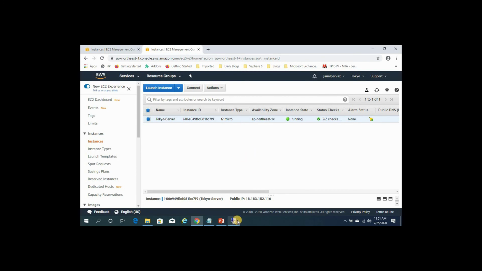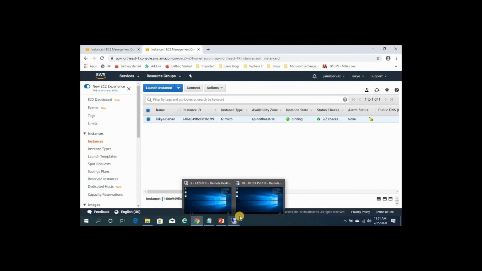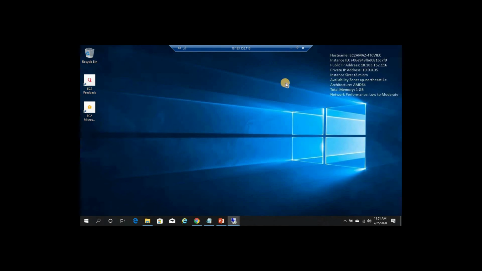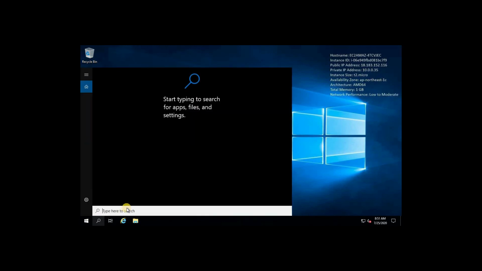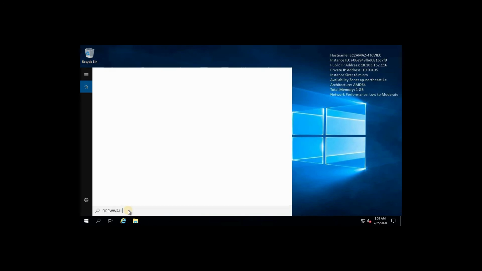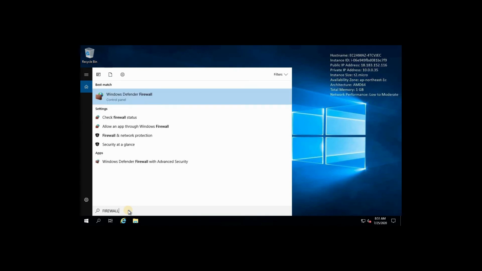So let's go to the Tokyo instance. Already we wrote down this IPv4. So click on search, find firewall and network protection.